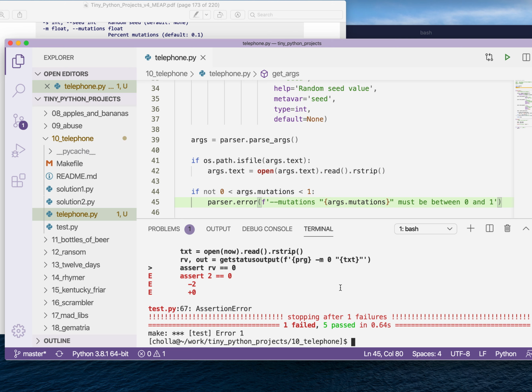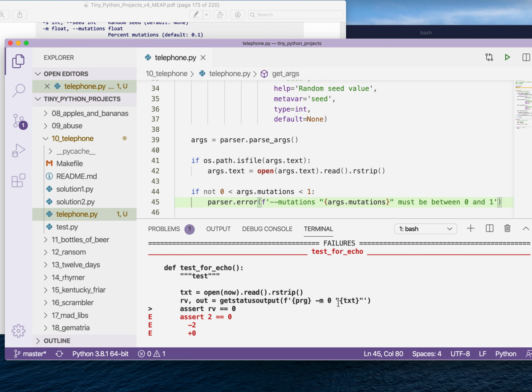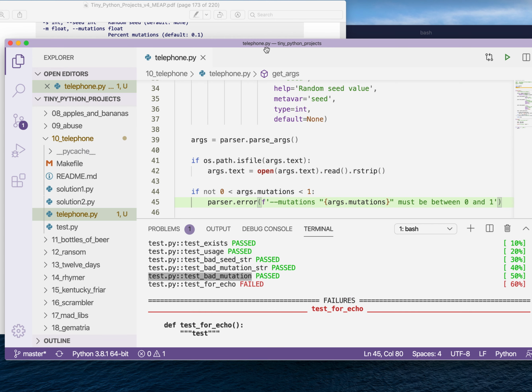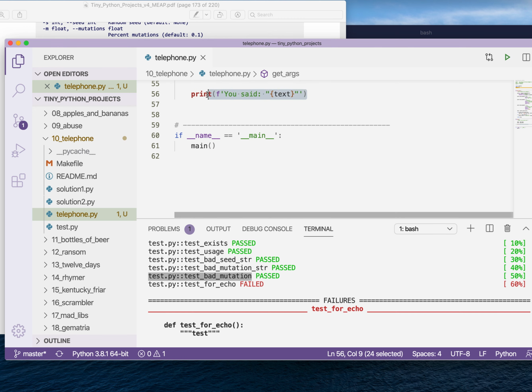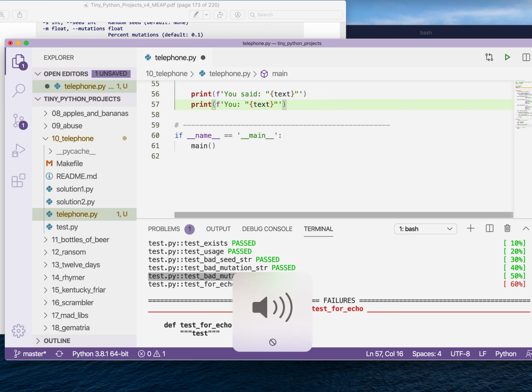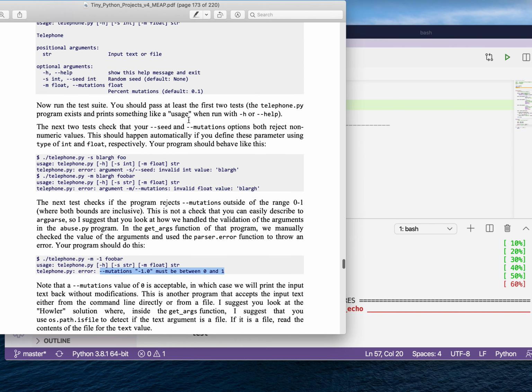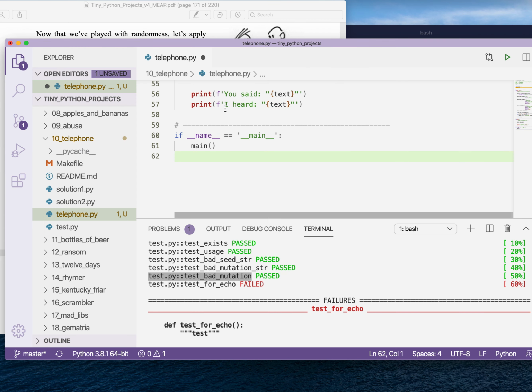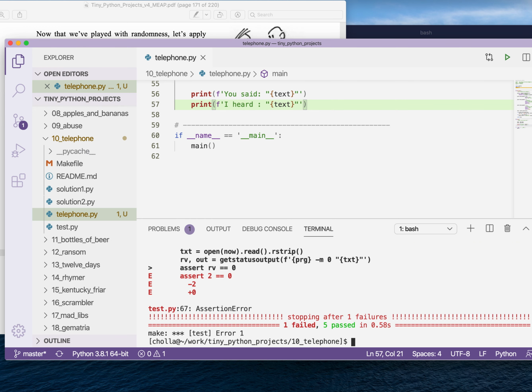And so it's saying, with the number of mutations, it's expecting back basically that it gets back the same text again. So if we were to modify this to say "you said" and then "I heard," and I think that these need to line up, is that right? Let's go back and look at the specifications. Yes, and there's a space there after "I heard" so that the colons line up because I'm just that kind of a person. So if I run this,